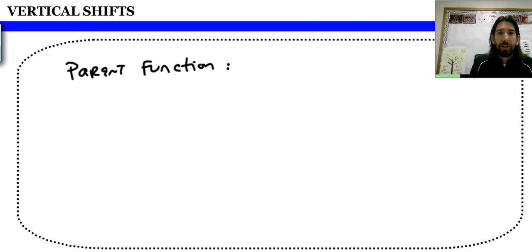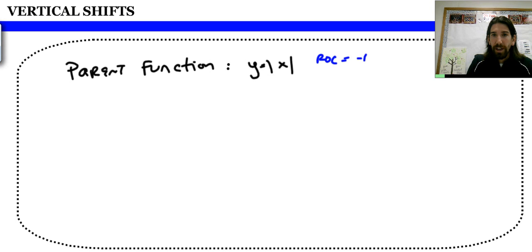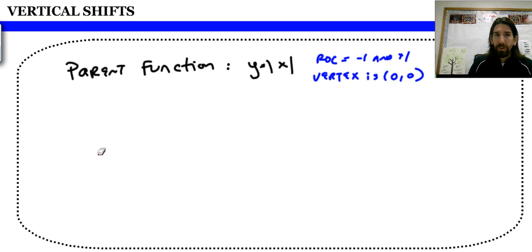The parent function is y equals the absolute value of x. Nothing else. No numbers, nothing else. And there's 2 important pieces. You need to remember the rate of change is -1 and +1. And you need to remember the vertex is 0, 0. The next thing you need to remember is that when we add a number to the end,